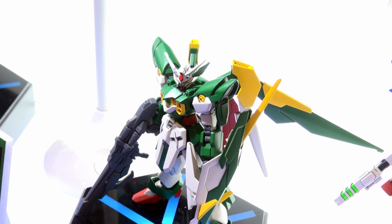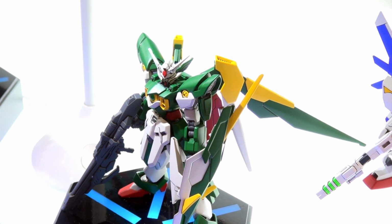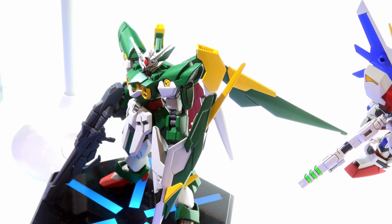I love it. I hope they do a Master Grade. Well, first we got to go through the HG. So here's the HG, and it does look really good. So we'll build that. We'll appreciate it, and then I'm sure Bandai has some plans for a larger scale version